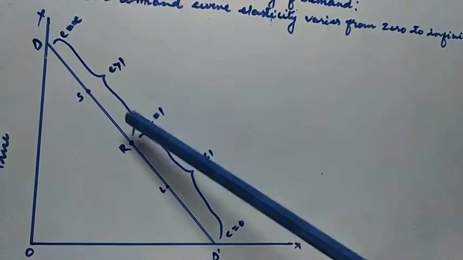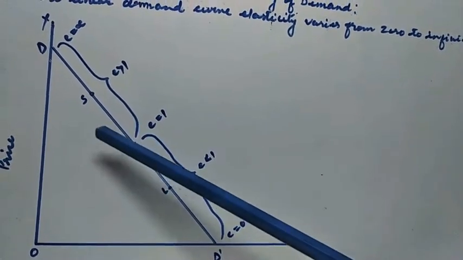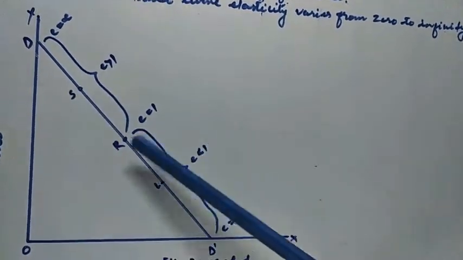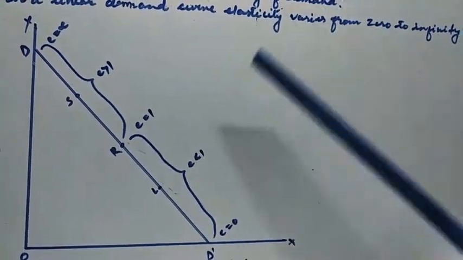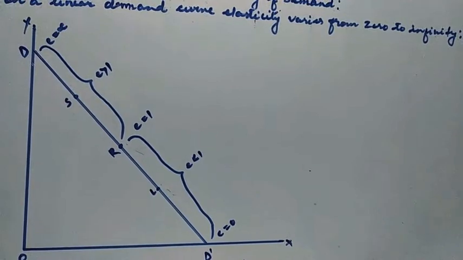RD dash divided by RD will be equal to 1, which means unitary